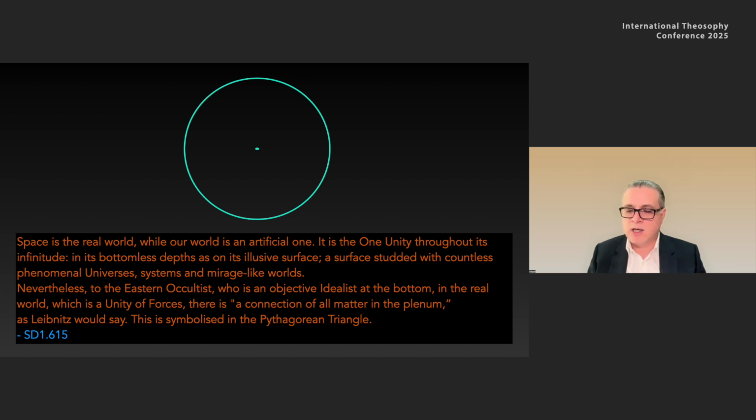Nevertheless, to the Eastern occultist, who is an objective idealist at the bottom, in the real world, which is a unity of forces, there is a connection of all matter in the plenum. As Leibniz would say, this is symbolized in the Pythagorean triangle. And now, regarding the Pythagorean triangle, we see the diagram in the next slide,